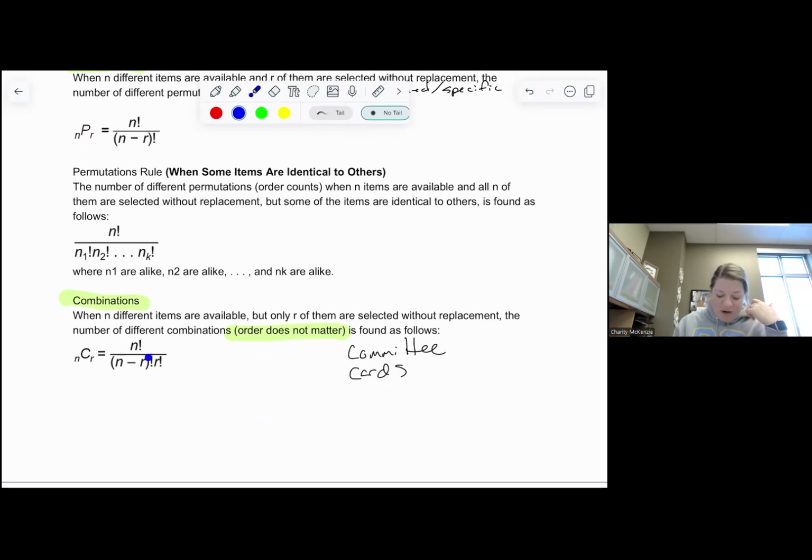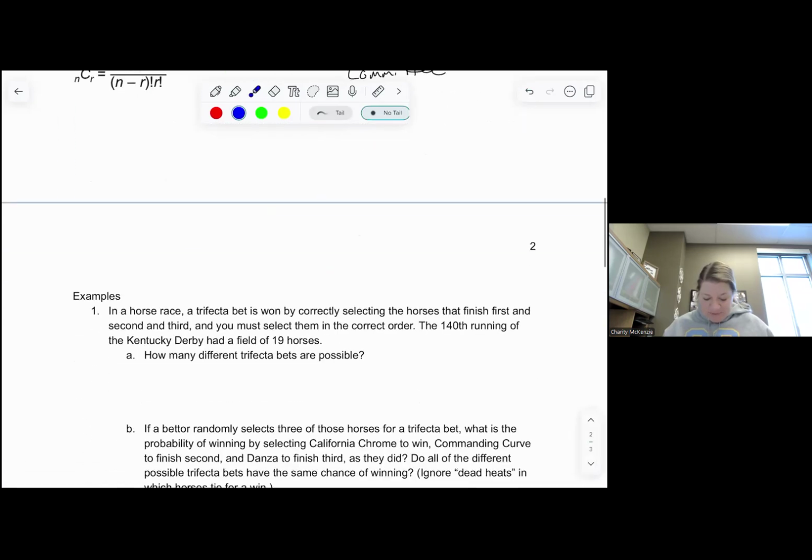We have this extra r here because we don't have as many combinations, or a little bit less. So if I had 10 people choose 2 on permutation versus combination, the permutation would be more because we're going to divide by an extra number here. So it's going to be less combinations. Okay, so let's do some examples